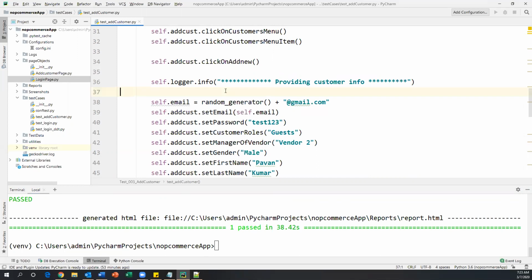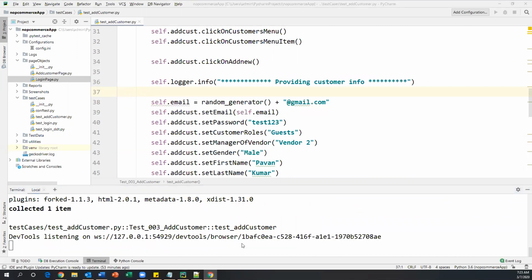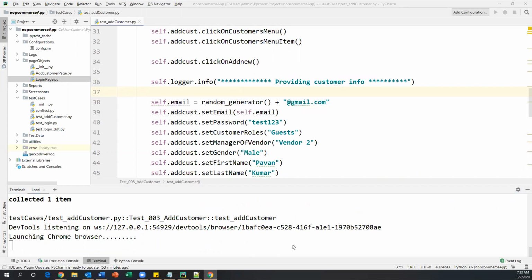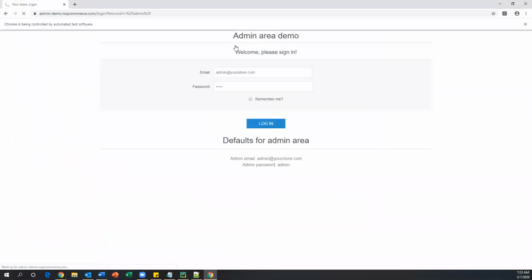Now if I run this test case again and again, every time it will generate random data and then execution will happen. So one more time I'll run this. Observe this. You will not see any issues because every time the email will be generated. First name, last name can be the same for multiple customers, so no problem, but the email must be unique.